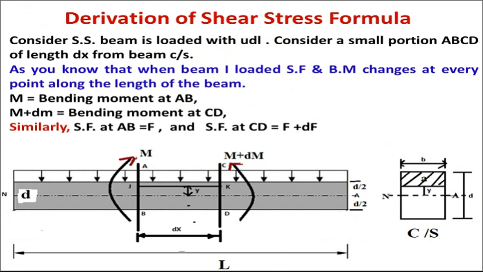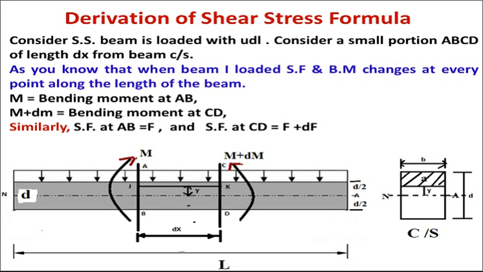Now, just like the bending stress equation, here also there is a derivation for the shear stress equation or shear stress formula. In the bending stress equation, we derived the equation M upon I equal to sigma by y is equal to E by R. Similarly, here there is one equation, tau is equal to S A y bar upon B I. That equation you have to prove with the derivation. So here I have shown the derivation of that particular equation.